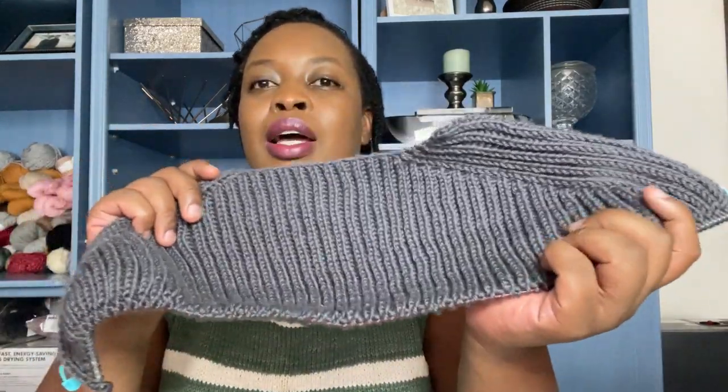That's when I actually got it right, and I just did a little bit, but I had to put it aside to finish other items, and I picked it up the day before yesterday, and I've done most of the increases, and now the increases for the back are done. I'm just knitting down a bit before I pick up stitches for the fronts on these points here and on this side too. So I'm really looking forward to this, and I love half fisherman stitch more than I love